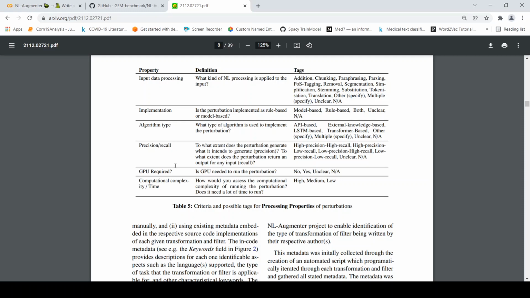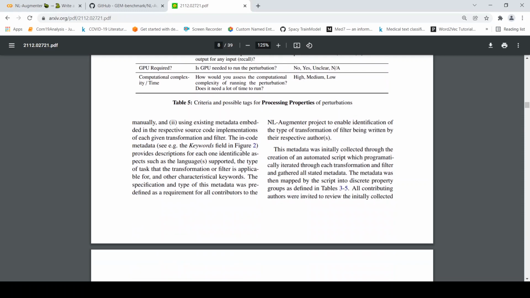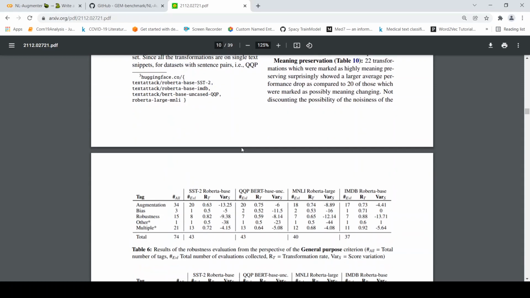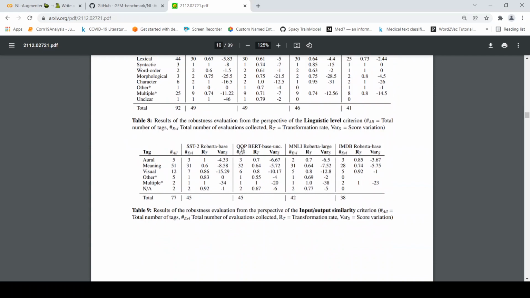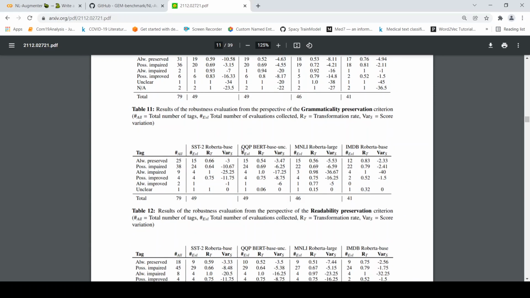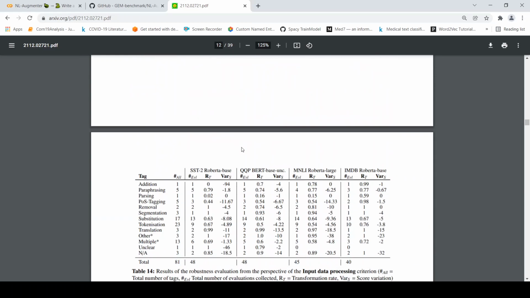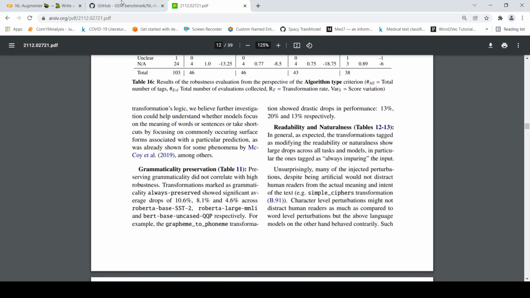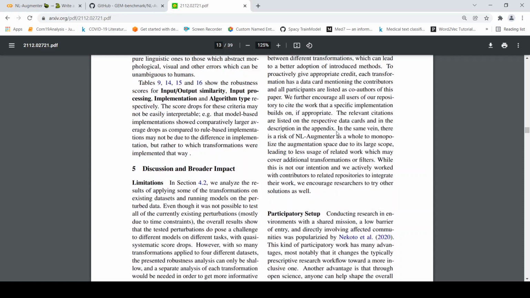Right? Then is a GPU required? What is the computation complexity, time? Okay, so these different things are there, and they also did robustness analysis, like how do these transformations improve model robustness, or are the transformations consistent? Okay, so you can actually read through this paper.